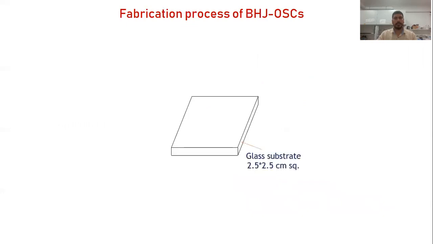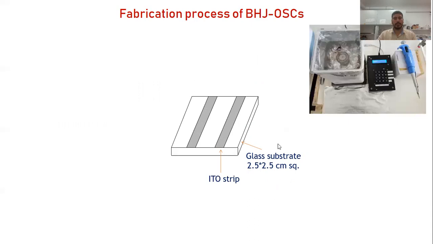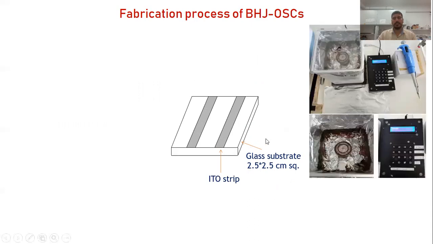So this is the fabrication process. How can we fabricate? First, we need ITO coated glass. We can develop a pattern on this ITO with the help of either a laser scriber or etching. Here we need 2 strips. We will develop 2 strips, and then use a spin coater. This is a spin coater. We will see a zoom view of this. We place the ITO coated glass here, and this is a controller. With the controller, we can control the rotation speed and the time of rotation. From this, we can control the thickness of the layers which we are going to deposit by the spin coating method.